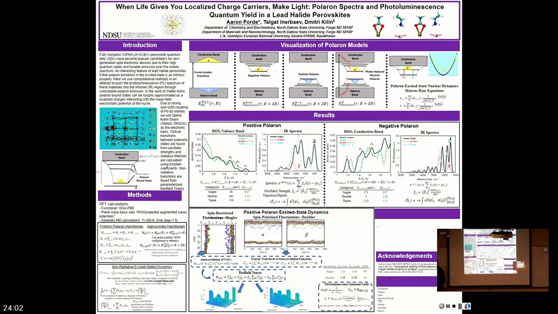When life gives you lemons, make lemonade. So usually people avoid polaron formation because it's not good for photovoltaics or charge migration, but if life gives you localized charge carriers, try to make light. I don't know if people get that at first, but yeah, so we're going to try to take these polarons and make them emissive in the IR region, because some experiments have shown that polaron absorption happens in the IR region